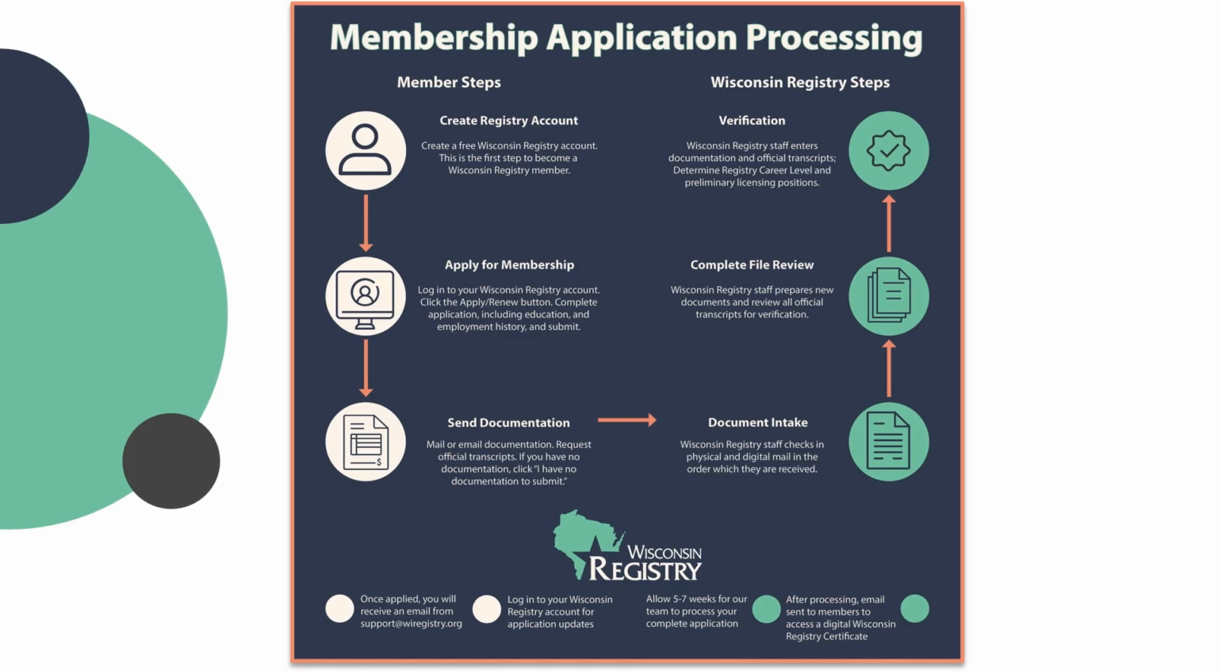indicating you will not be sending any documentation for this application, or you can email or mail documentation to the Wisconsin Registry. This includes requesting official transcripts, sending a copy of a CPR card or high school documentation, and so on. Once you've completed these steps, it is considered a complete application, and the responsibility turns to the Wisconsin Registry